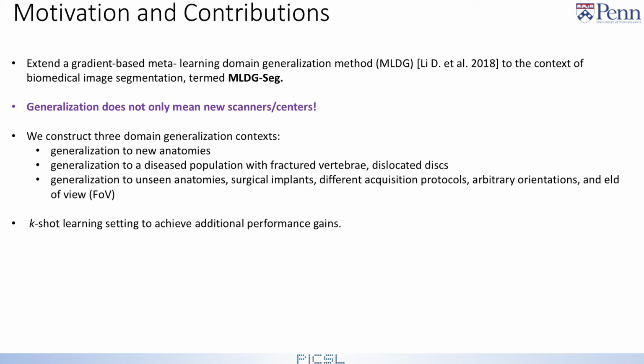First, generalization to new anatomies. Second, generalization to disease population with fractured vertebrae, dislocated discs. And third, generalization to unseen anatomy, surgical implants, different acquisition protocols, arbitrary orientations, and field of view. Through these three contexts, we will show that MLDG SEG is able to learn generalized representations from very limited training